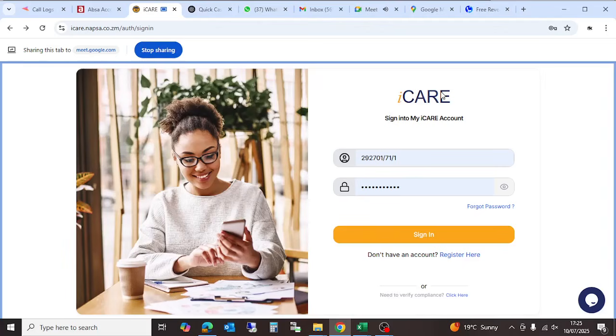So what do we do next? We basically log in. Let me show you. You put your email address here. This is mine. And then you put your password here. This password is the same password that you set up when you were